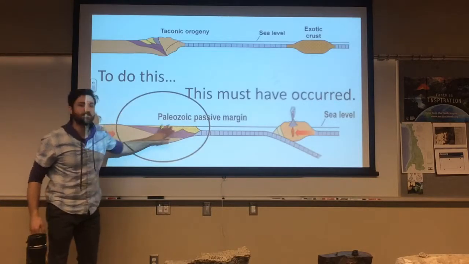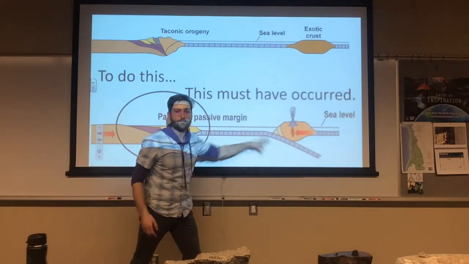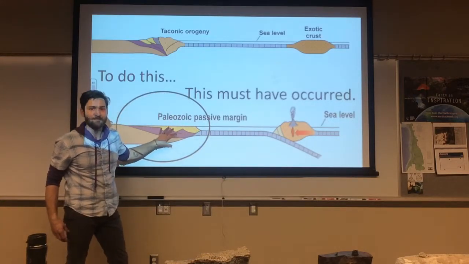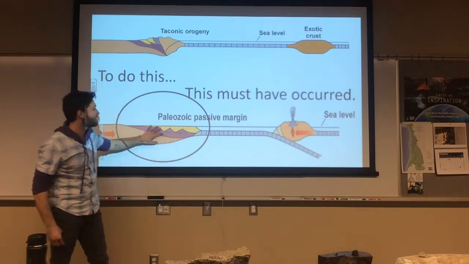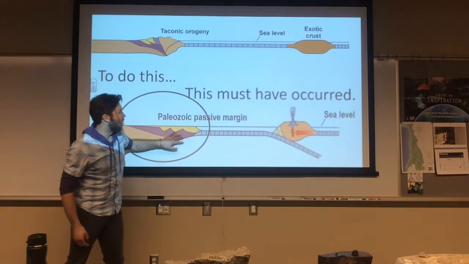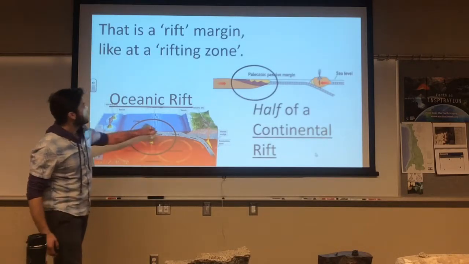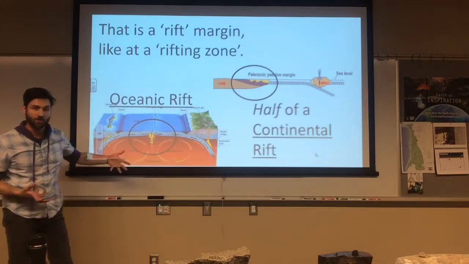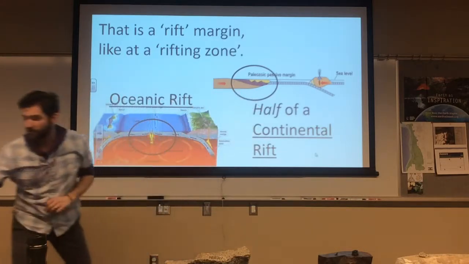And here's evidence of yet an older rift. Because remember, we just peeled away all the Appalachians before Africa even got there. What is there a rift there for, right? These rocks are actually still preserved on the west side of the Appalachians as a Paleozoic passive margin. Okay? So we have a rift margin that looks very similar to one of these oceanic rift margins that started out as a continental margin, right? Half of a continental rift.